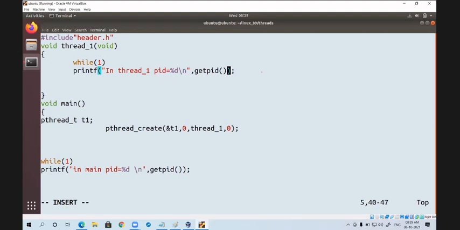One is main, one is thread_one. And also two while(1)s. One while(1) is in the main function, another while(1) is in the thread_one function.